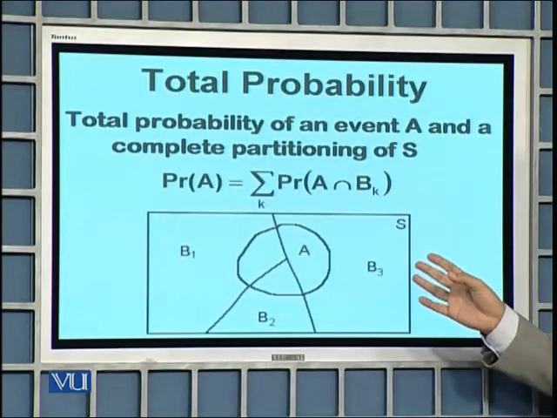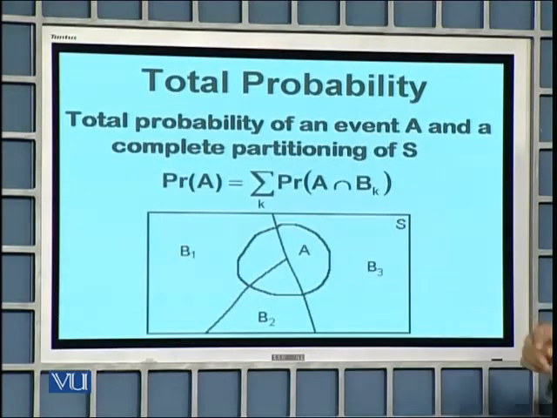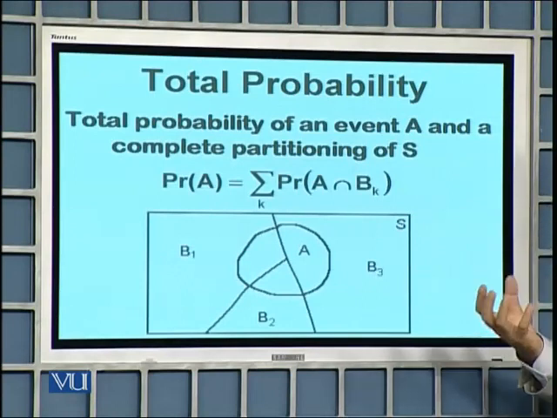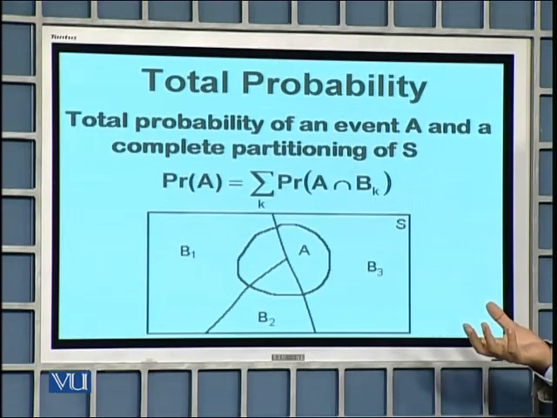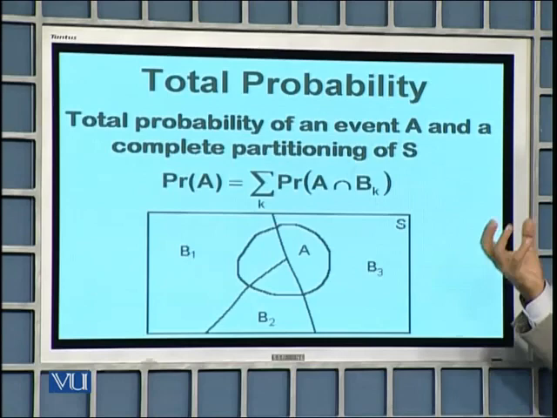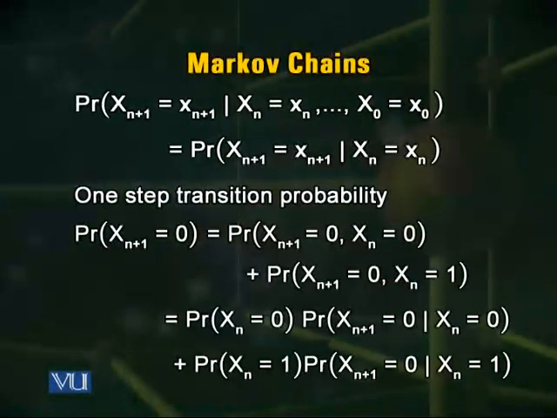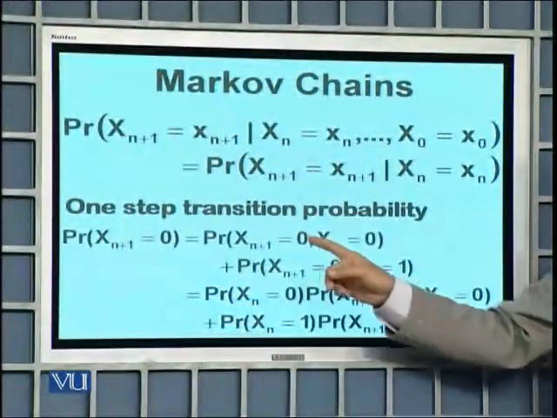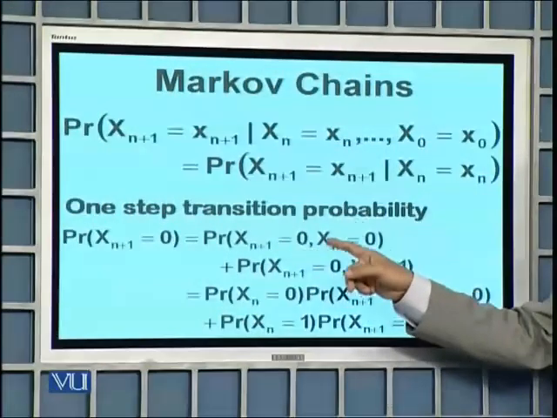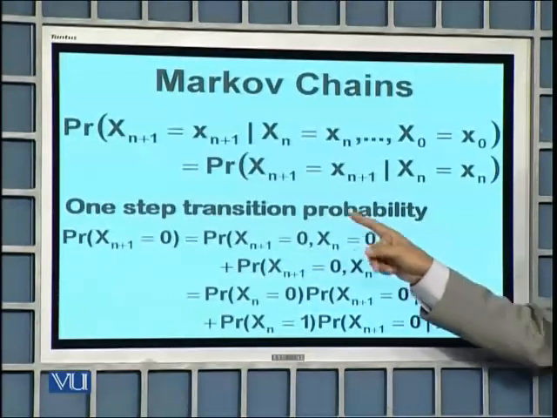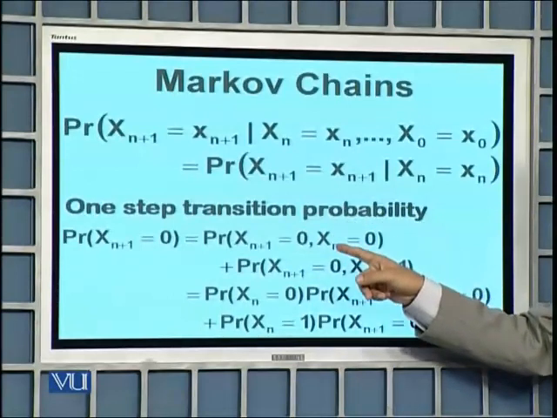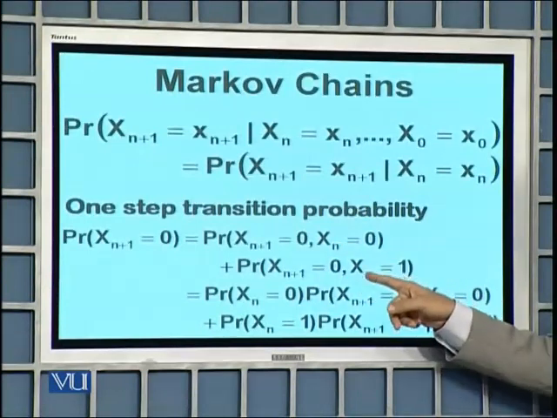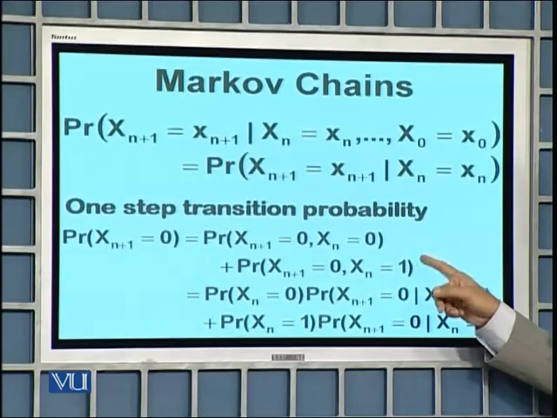This idea is used in that equation where we used the concept of finding the probability of Xn+1 being equal to a summation of two other pieces of information. So in this equation, this is our event A, Xn being equal to 0 in state 0. And here this is combined with Xn equal to 0 or Xn equal to 1. So these two events, the previous random variable attaining a value 0 or the previous random variable attaining a value 1,